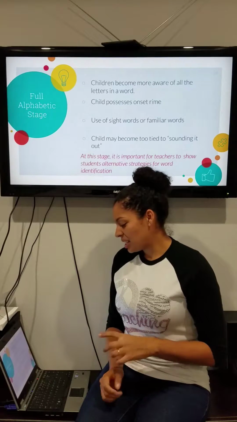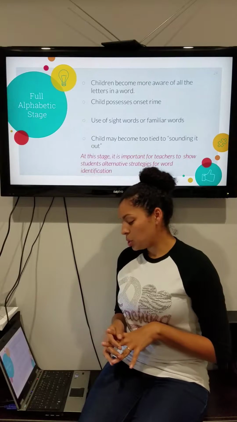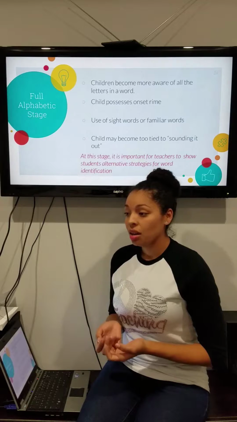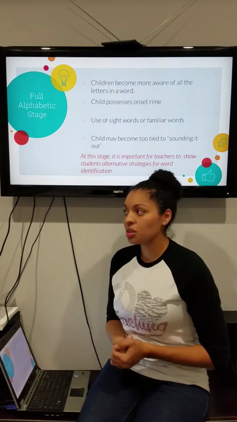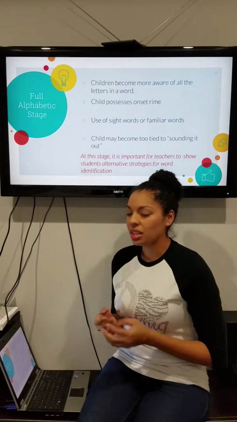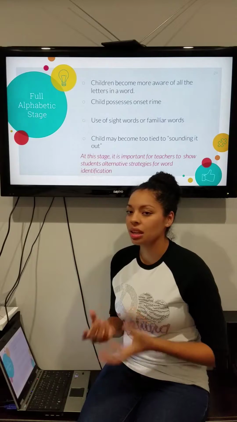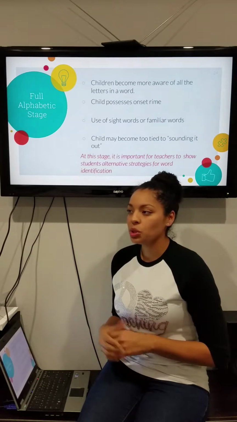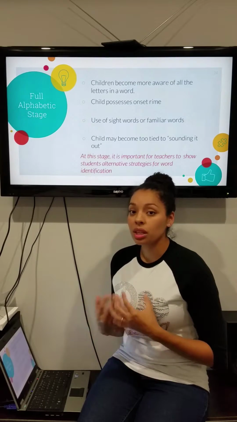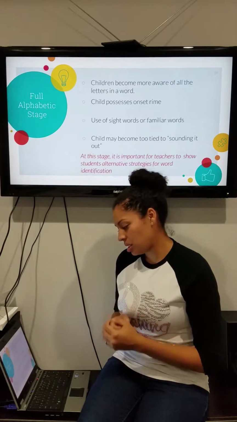And at this stage, it's rather important to show the students different alternative ways to decode as they're reading, because there are some words that you cannot really sound out, especially with the sight words, and they'll sit there and try to sound it out, and it's not going to work out for them. So we have to show them, look at the pictures, or what do you see on the page, so they can have these decoding skills and not necessarily focus on sounding it out at this stage.